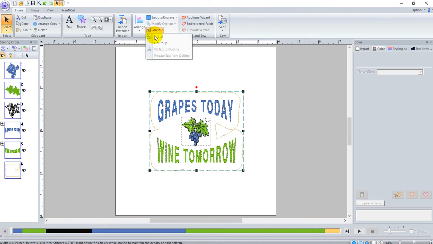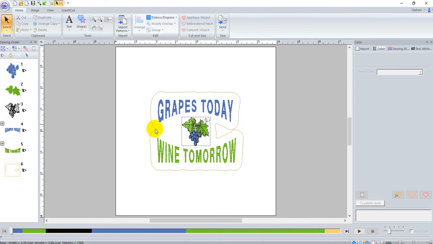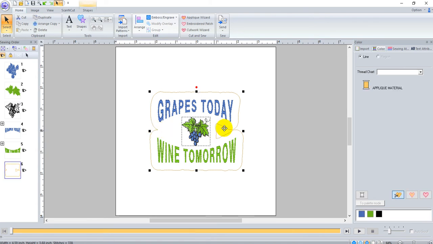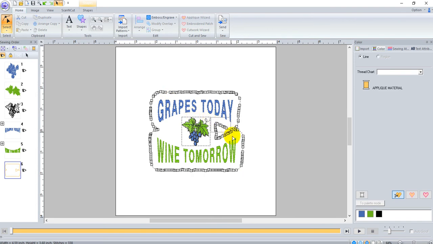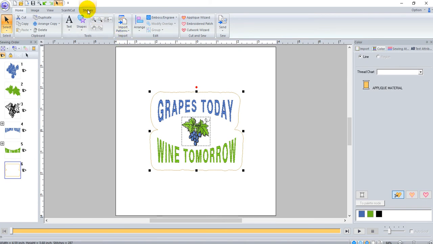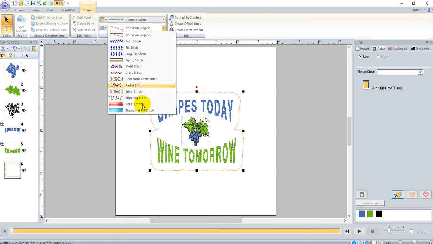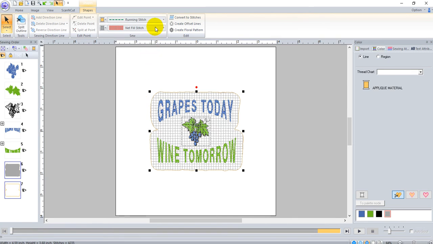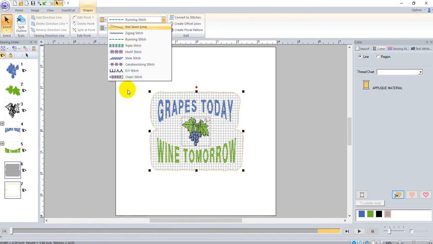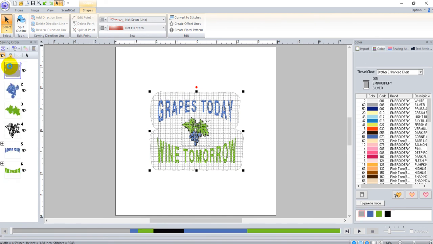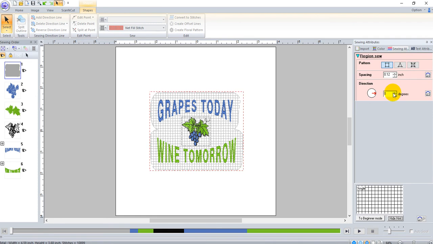I'm going to ungroup that just so I can select this outline. I think I'm going to edit that a little bit just because I don't like this part right there. Delete it. And now I've got a shape that's following my area. The regular select, I'm going to go up to shape. I'm going to select this net fill. I'm going to also turn off the running stitch. I'm going to have this net fill stitch first,